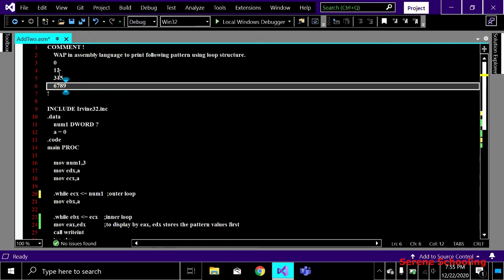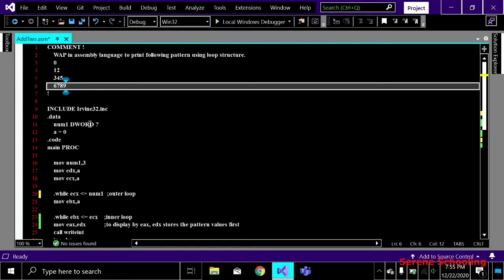So now starting from here, I'm declaring an integer variable, and a equals 0. This is a sort of equal directive, like we are assigning a value to a. This is how you can work in assembly using the equal directive. So inside my main procedure, I am moving 3 into num1.